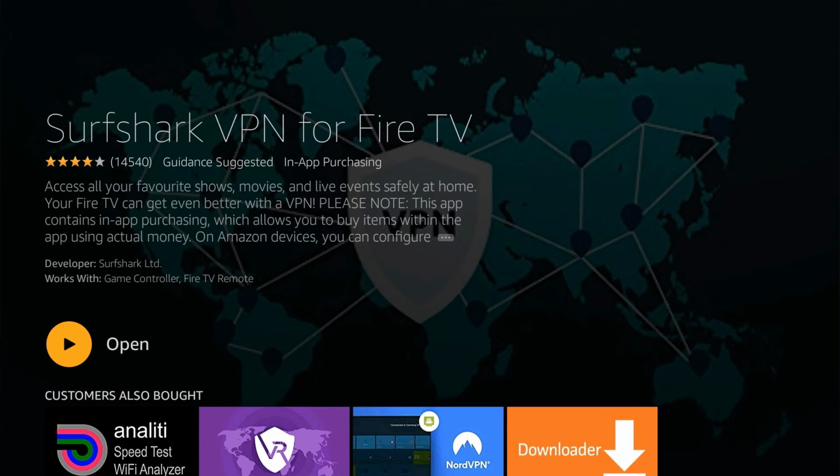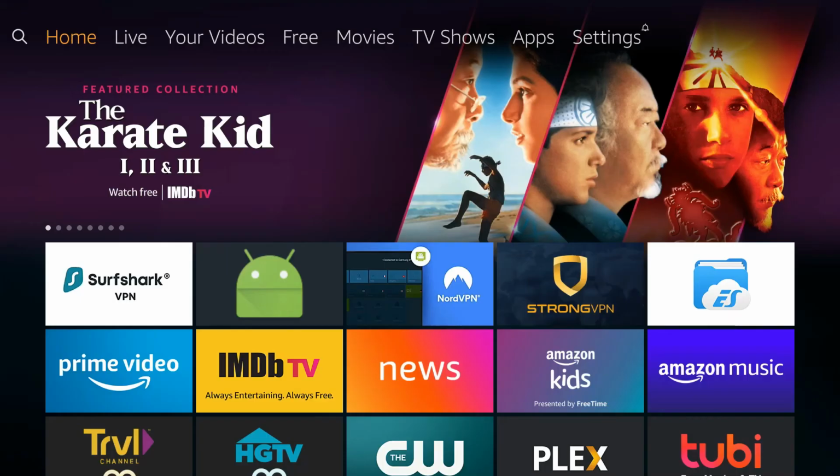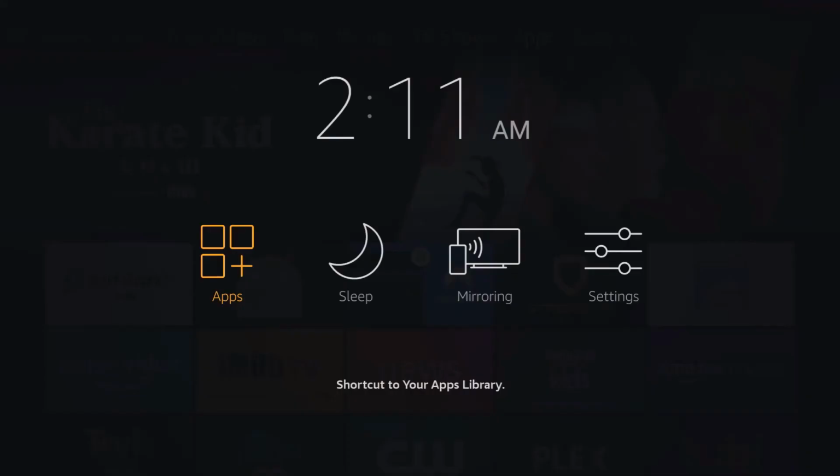and also from home. So after installing Surfshark VPN on the Amazon Fire Stick device, go back to the home screen by pressing the remote home button, and here press the remote home button for 3 seconds. Again, now click on apps, it means applications,